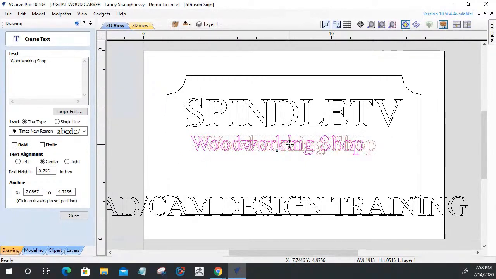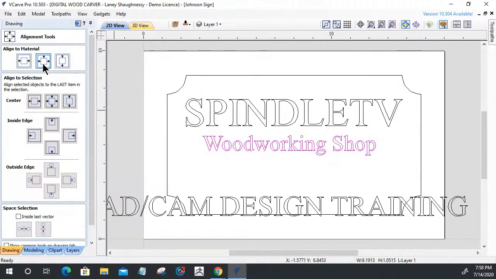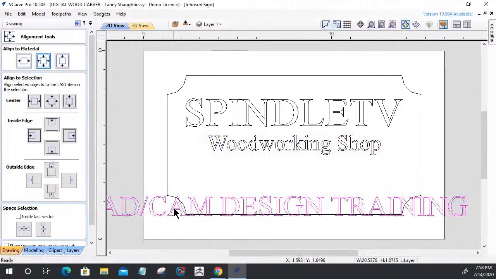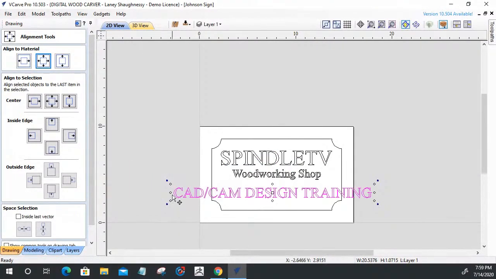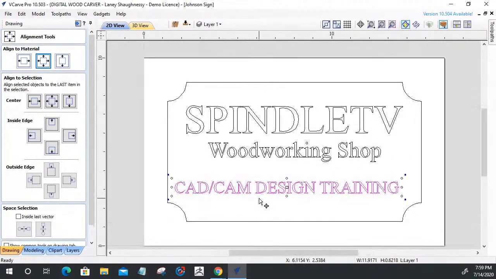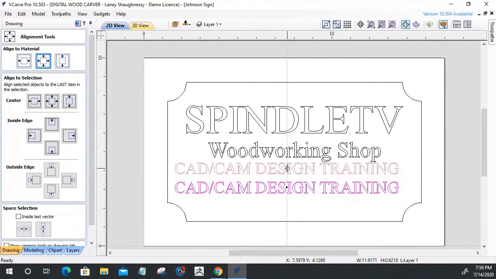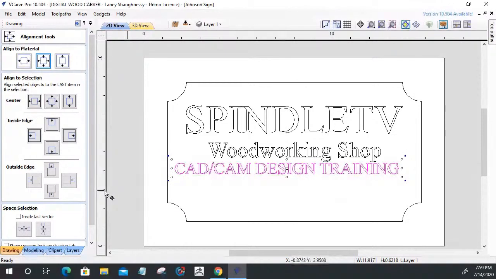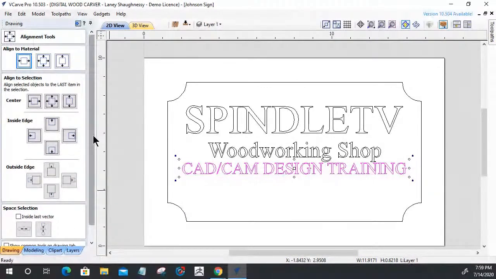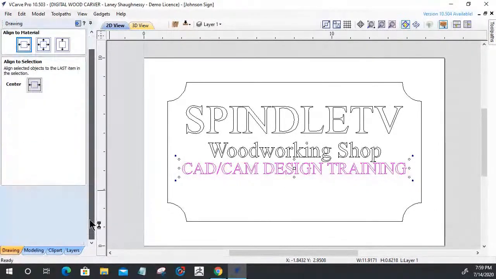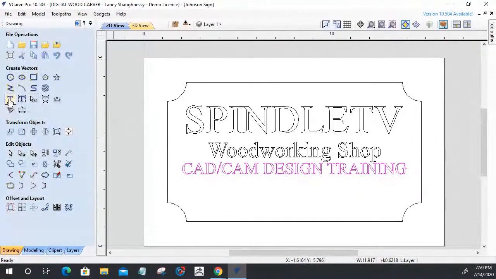Center the line. Let's hold down that shift key to keep things in perspective, and let's get that centered. All right, let's go ahead and throw in